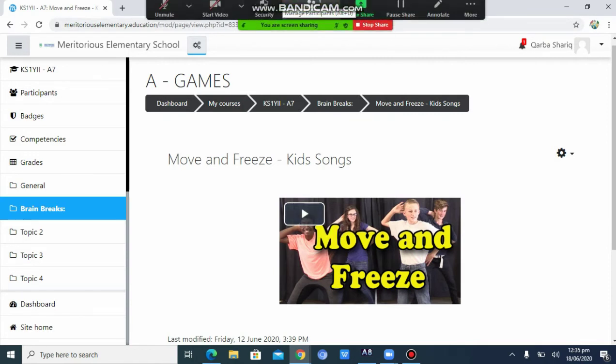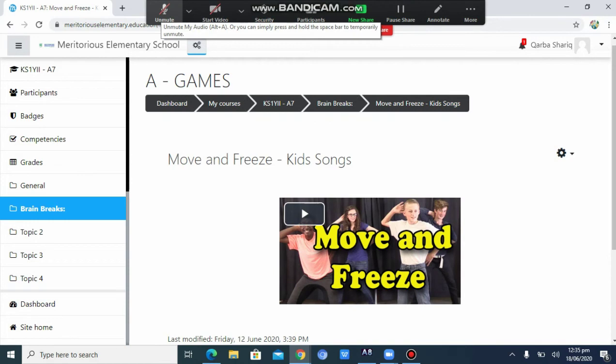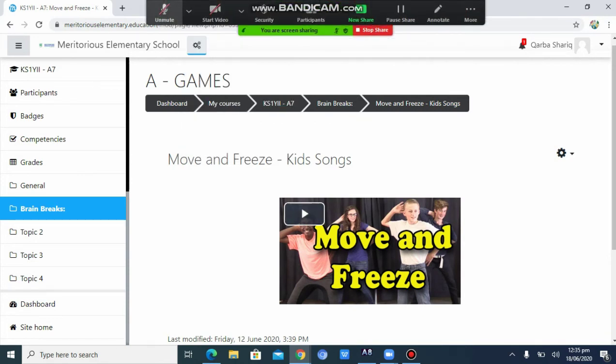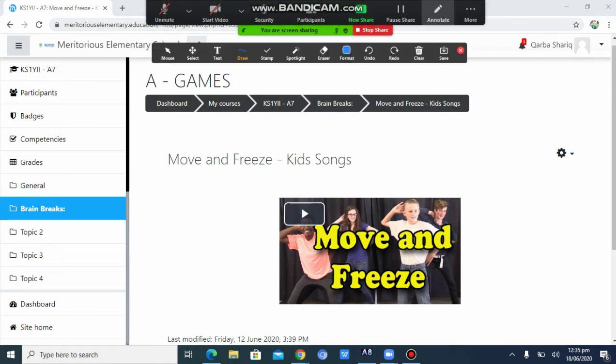And suppose if you want to show any video to the students, and in the meanwhile you want to share your audio as well, then you can turn on the mic. Or if you want to show only the video, then don't turn on the mic, keep it off. Same is the case if you want to share the video. You can share the screen's video and your video at the same time by turning on the option of start